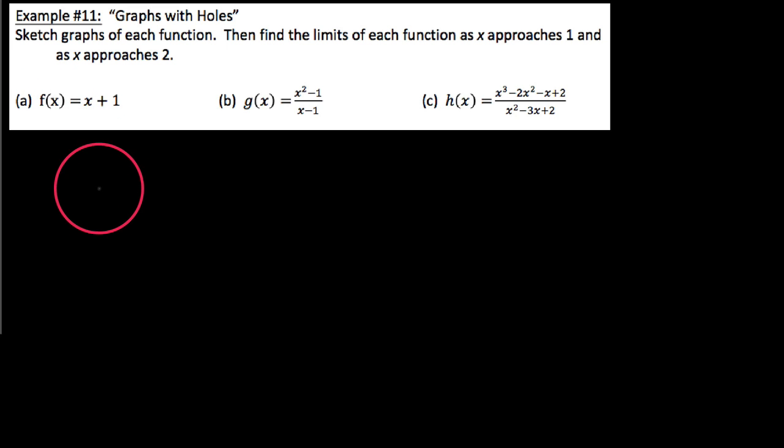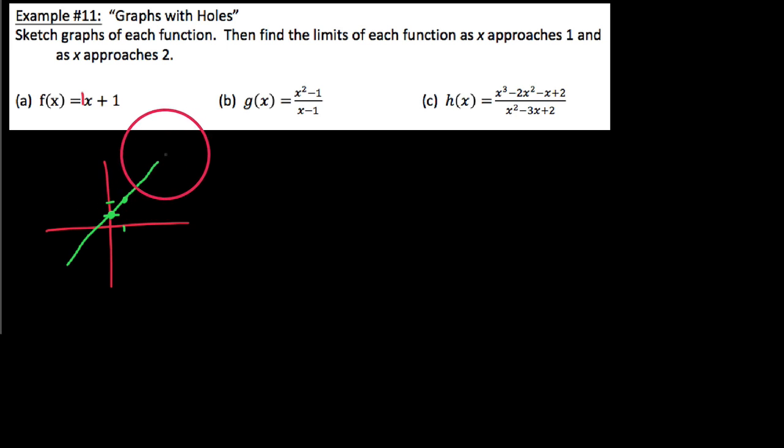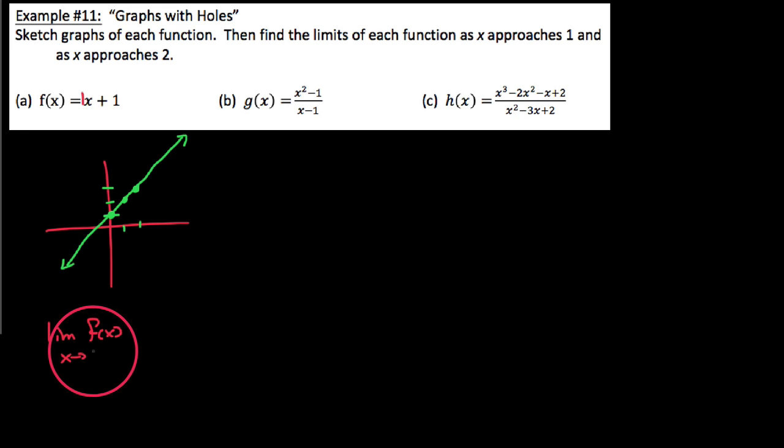If we were going to sketch this graph, for instance, what we would get is some graph that is linear. And so we have this graph that has a y-intercept of 1 and a slope of 1, so we'll go up 1, right 1. But what we get is this graph right here. And so I suppose that if we were to sketch the rest of this in, I'll put another point on here, up 1 over another 1 here, we could see that if we were to take, say, the limit of this function of x here, as x is getting really close to 1, as we've been asked to do up here,